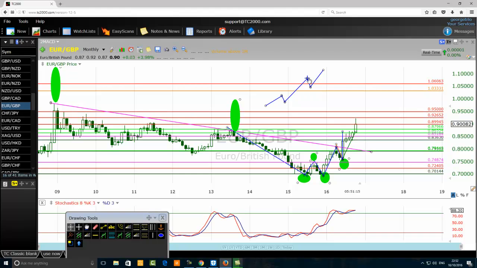We can forecast that the fourth wave will be a complex fourth wave. It is good to have a bit of idea what is likely to take place in the fourth wave, because very often traders lose money during the fourth wave. They are trying to catch the fifth wave, but because they don't know that the fourth wave is likely to